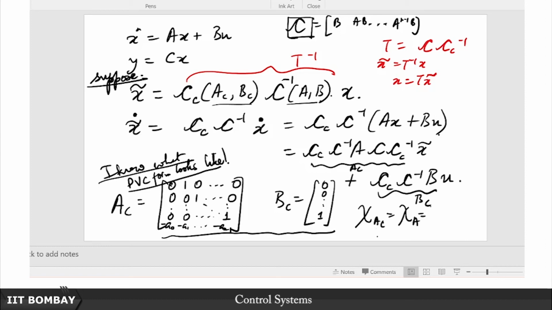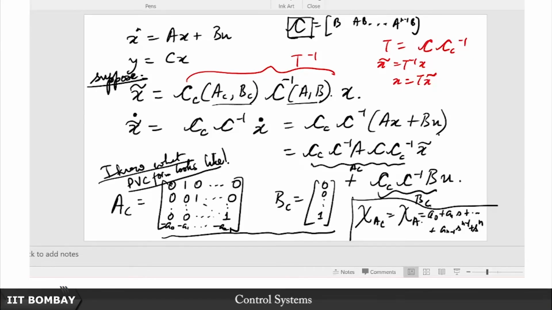Here is the observation, the characteristic polynomial is very easy to evaluate in the phase variable canonical form. It is going to be nothing but A0 plus A1 s plus dot dot dot till A n minus 1 s to the n minus 1 plus s to the n, because it is going to be a monic polynomial. So based on my knowledge, what is this after all? In my G(s) transfer function, this is nothing but the pole polynomial. When there is no pole-zero cancellation, then the characteristic polynomial of the matrix A and the denominator polynomial in the transfer function are one and the same, there is no cancellation of any factors.